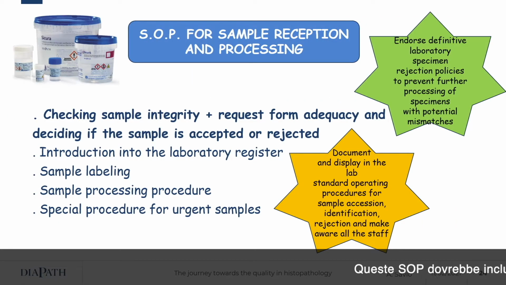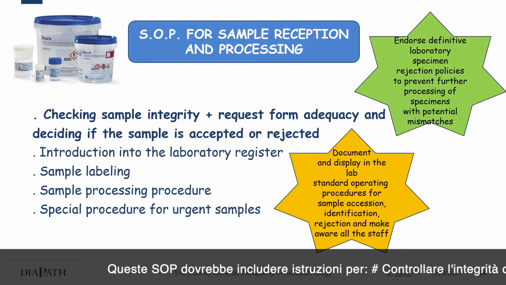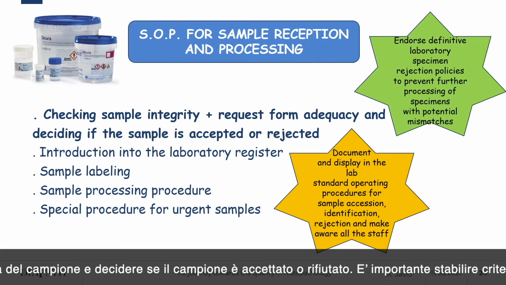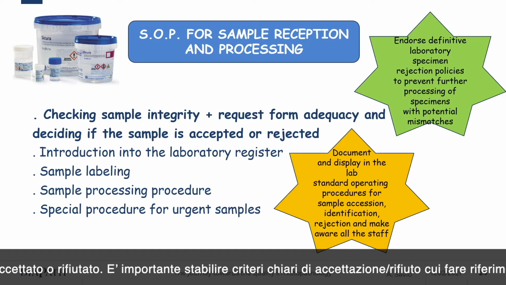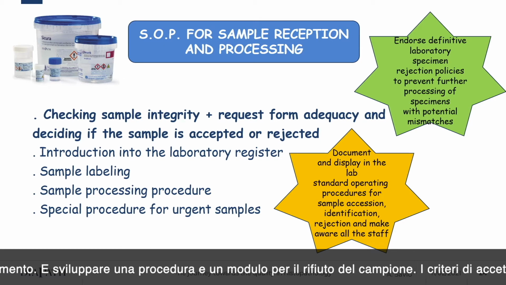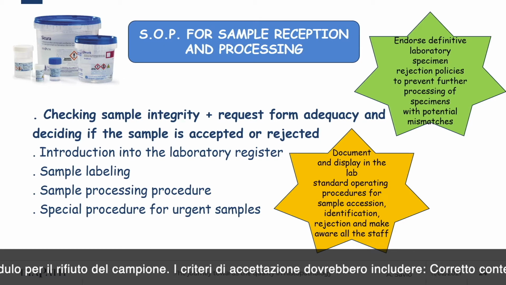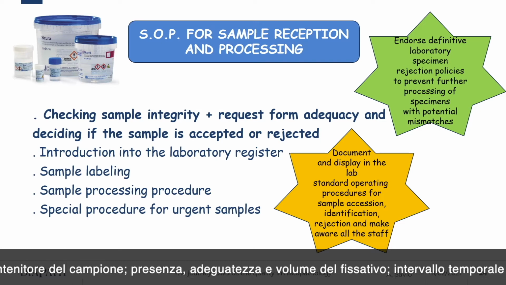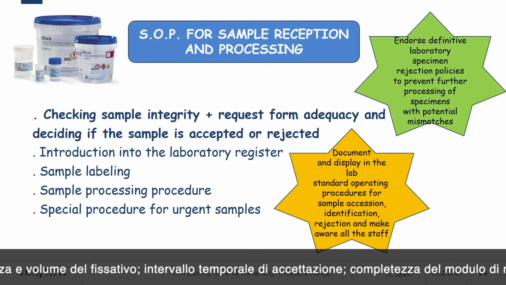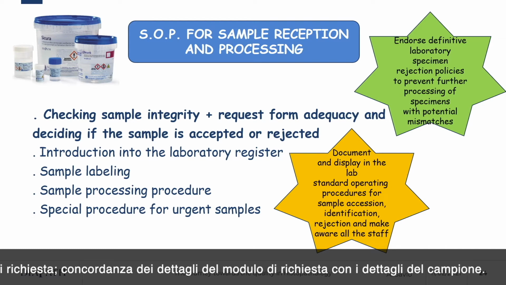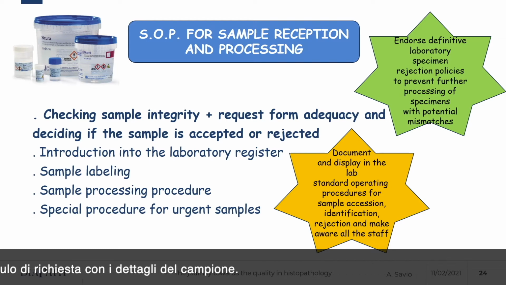This standard operating procedure should include instructions for checking sample integrity and deciding if the sample is accepted or rejected. It is important to establish clear acceptance or rejection criteria and refer to them, and to develop a procedure and a form for sample rejection. The criteria for acceptance should include correct container of the sample, presence of fixative, appropriateness and volume of fixative, a time frame for acceptance, the completeness of the data on the request form, concordance of the request form details with